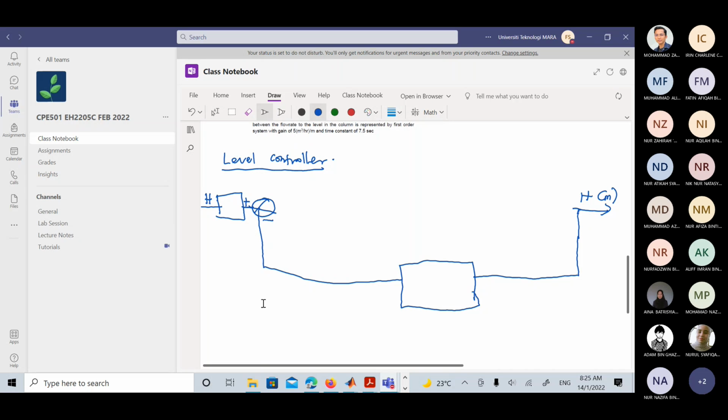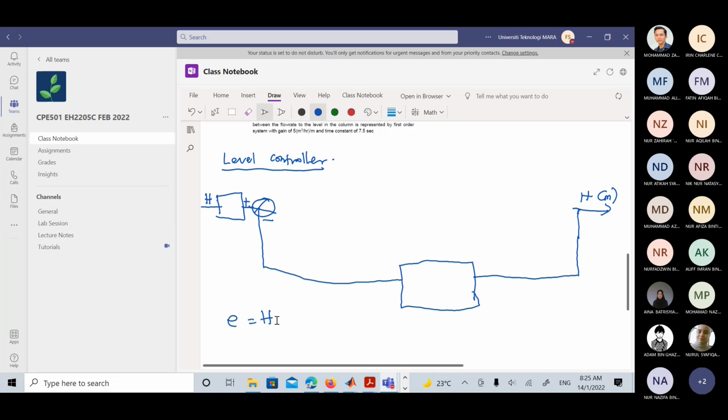We try to reduce error as much as possible, whereby the error approaching zero is better, because in a feedback controller, so for example, this is